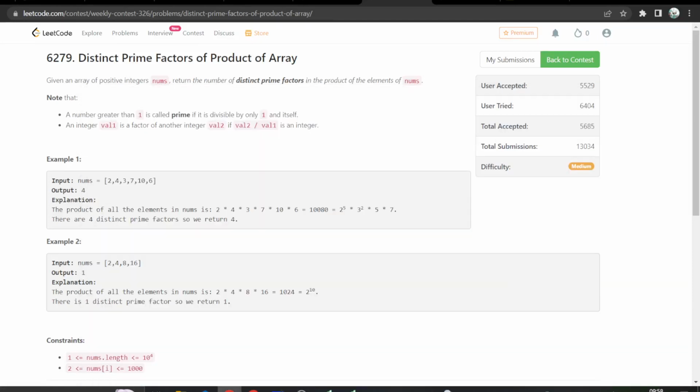Hi everyone. Let's solve the second question from weekly contest 326, that is distinct prime factors of product of array. So we are given an array of positive integers nums and we have to return the number of distinct prime factors in the product of the elements of nums, right? Note that a number greater than 1 is called prime if it is divisible by only 1 and itself, and an integer val1 is a factor of another integer val2 if val2 divided by val1 is an integer,